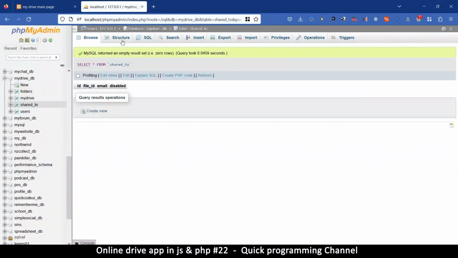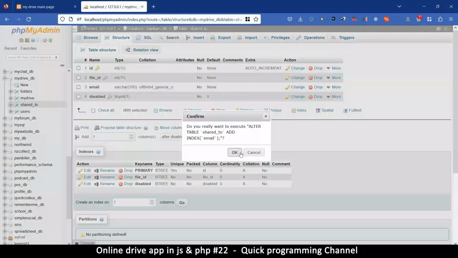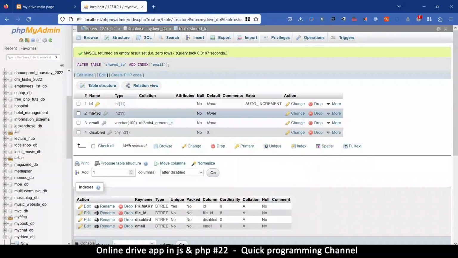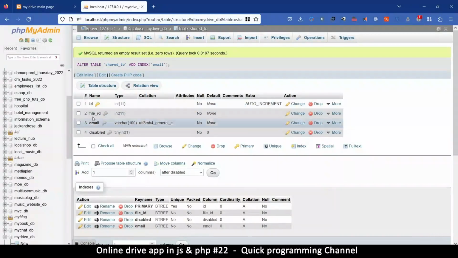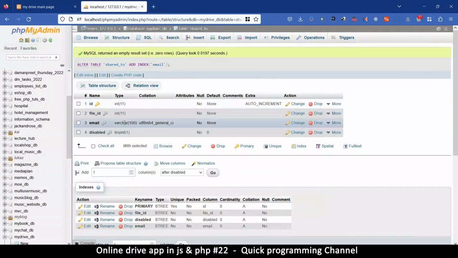So what we need, let me go to the structure here. We need to know if the email address already exists. So I'm going to add an index there and to the email as well. So what we do is, let's say this is the first time we're adding emails. So we'll add a bunch of emails and the file ID will be put there as well. Now the next time we remove, let's say we remove an email,